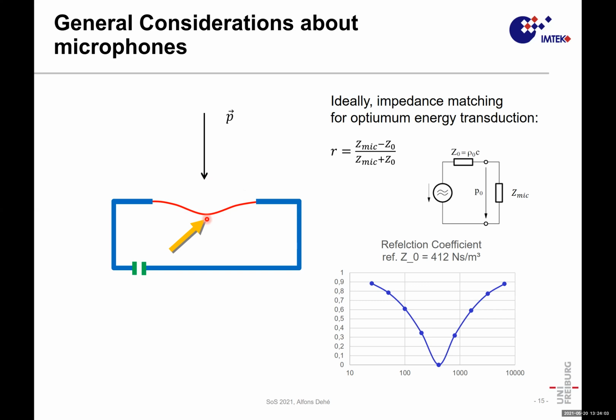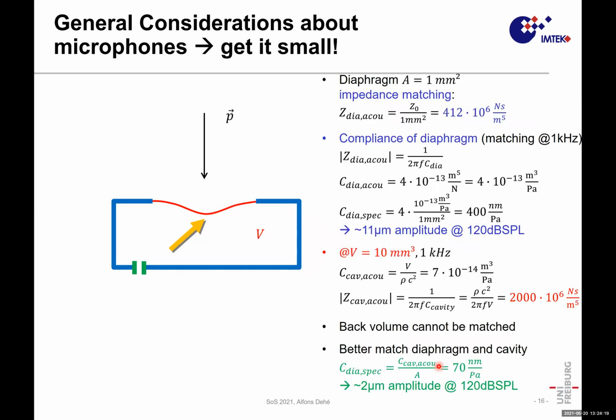And the question is whether we can achieve this minimum reflection or zero reflection or 50% of energy transfer for such a microphone. Then we would be king in terms of microphone design. Now we try to make an estimate. So if you had a microphone with a diaphragm of 1 millimeter square, this is a realistic dimension for a MEMS device, then we would have to meet the impedance